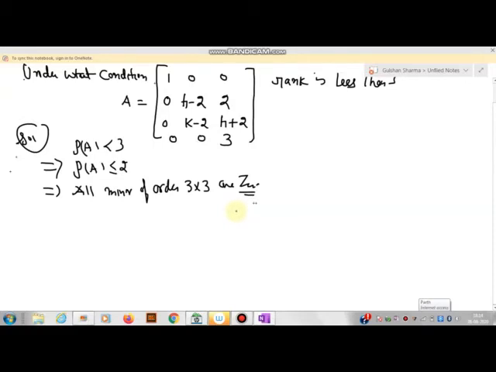अगर रैंक 2 हुआ तो 3 ऑर्डर के, 4 ऑर्डर के, सभी ऑर्डर के जो माइनर हैं वो 0 होंगे. लेकिन ये वाला मैट्रिक्स अगर आप ध्यान से देखो तो ये 4/3 है, तो 4/4 तो बन नहीं सकता क्योंकि इसके पास 4 रोज तो हैं लेकिन कॉलम नहीं है. तो इसका मतलब है कि इसके पास माइनर किस ऑर्डर के होंगे? 3/3. ओके, मैक्सिमम 3/3 हो सकता है, फिर 2/2, 1/1.